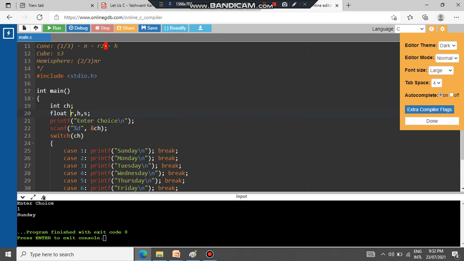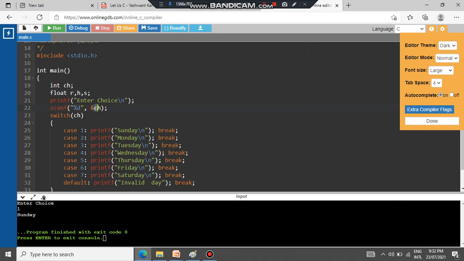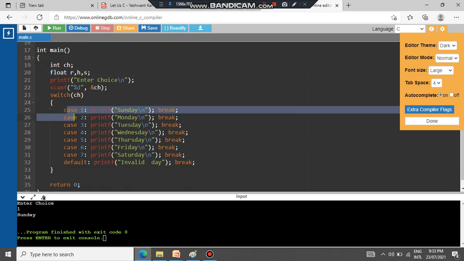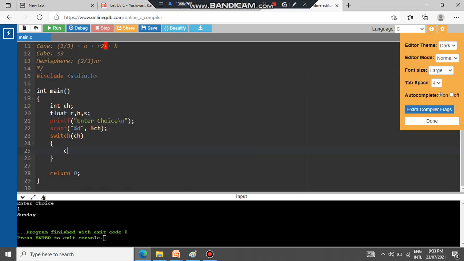So if it is cube, at that time we require to calculate s cube. So we'll read the choice, and print enter the choice, and all the things up to this will be same, except this extra declaration. Now here we'll enter the switch. So in order to understand this, I will remove all these things.